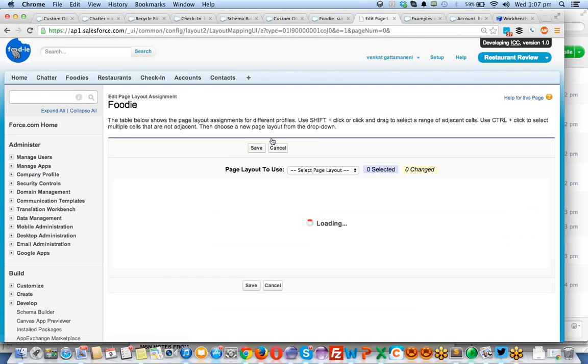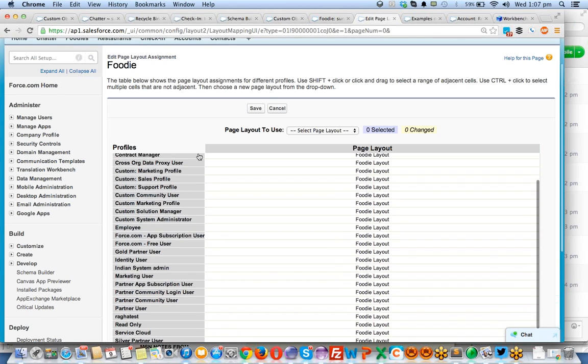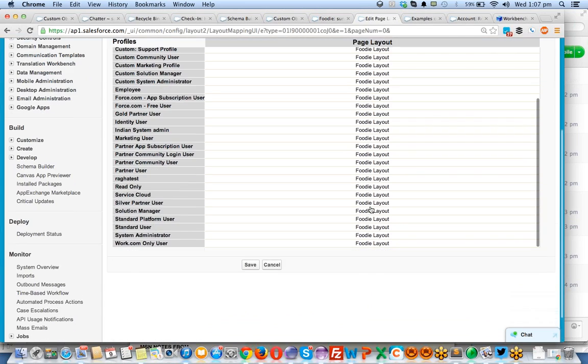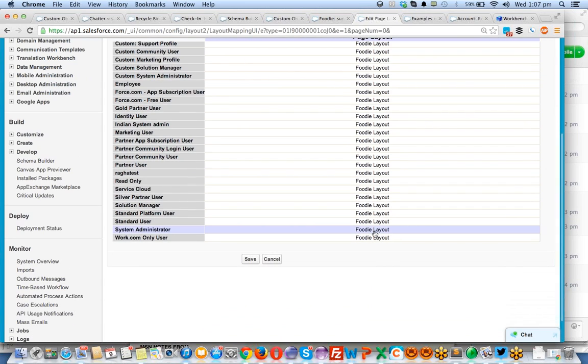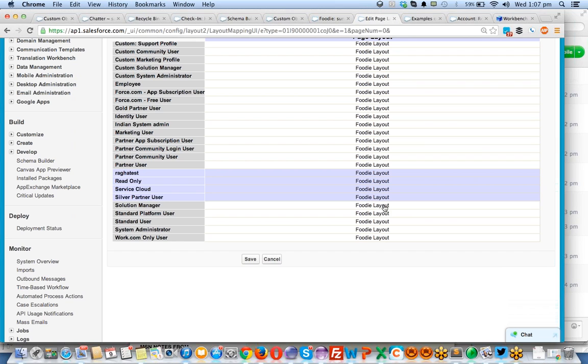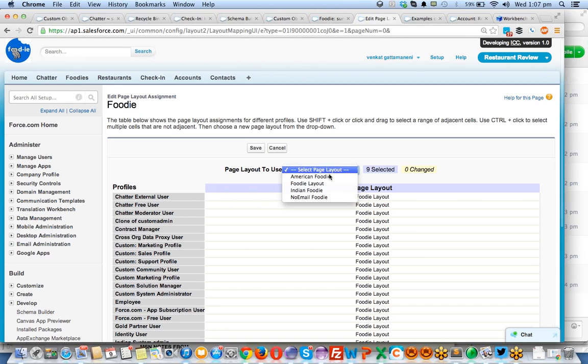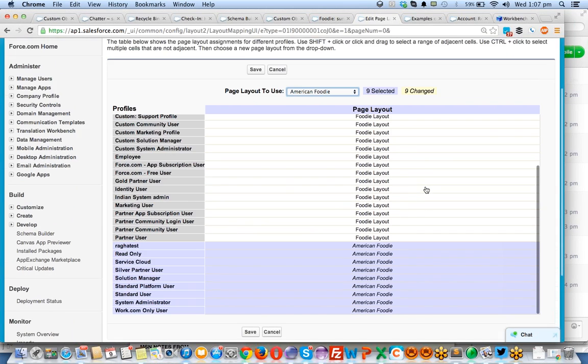Now I'm clicking on edit assignment. I'm just selecting system admin and some of the users like this. Select these 6 and make it American foodie.